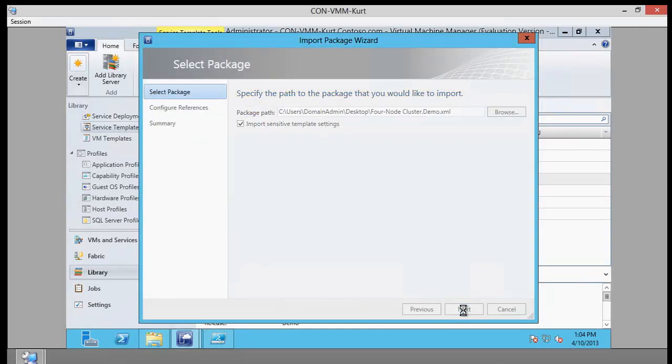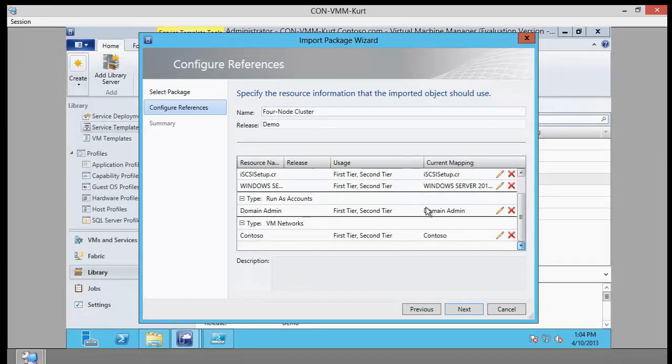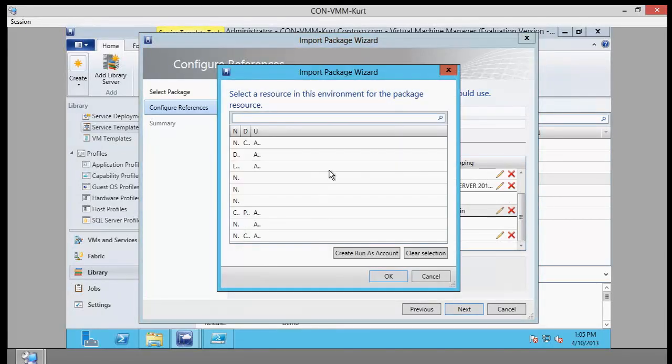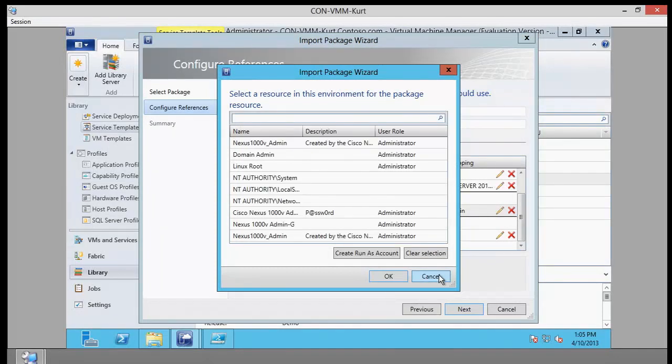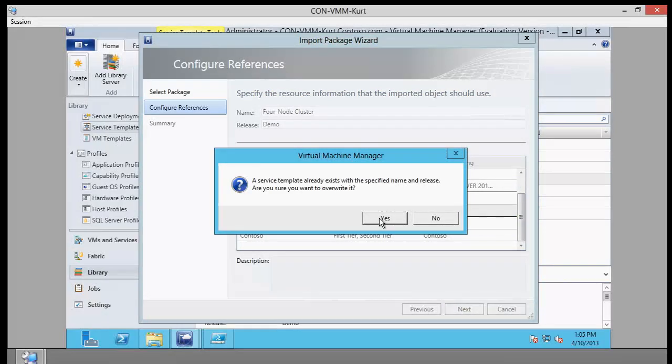It's going to take that XML file and it's going to scan it and look for custom resources, VHDs, anything like that. And then here, now these were already in my library, so it actually just reassociated all of them. And that's probably the most straightforward, easy way to do it. And then the same with the run as accounts. For example, if I didn't have a matching run as account, it would just show that it needed it. So then I would click on the little pencil there and I would select the run as account and all of that. And then once it's done that, it's just going to take,